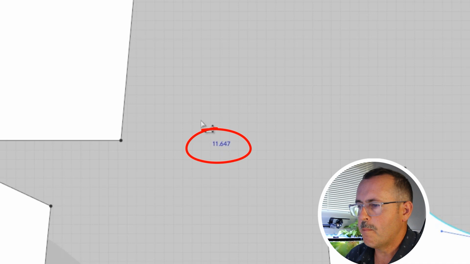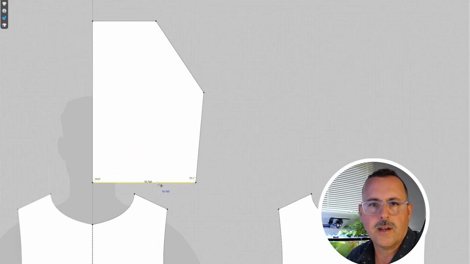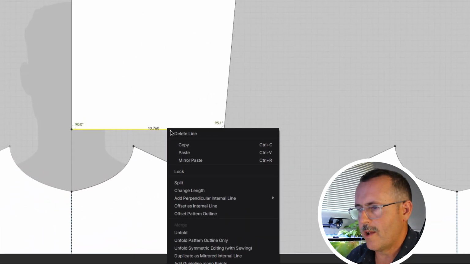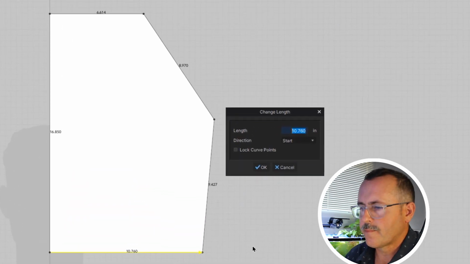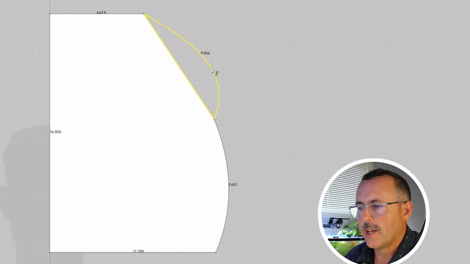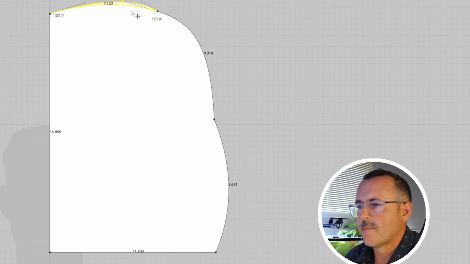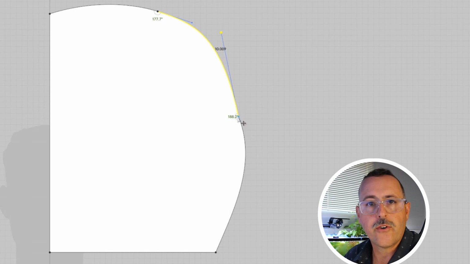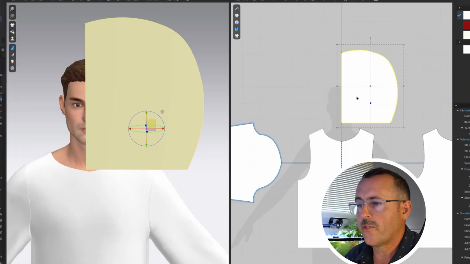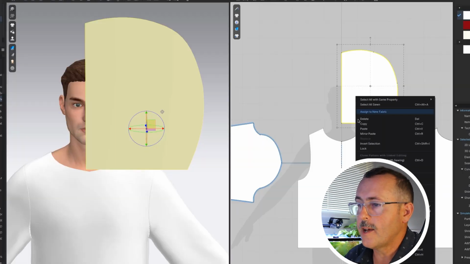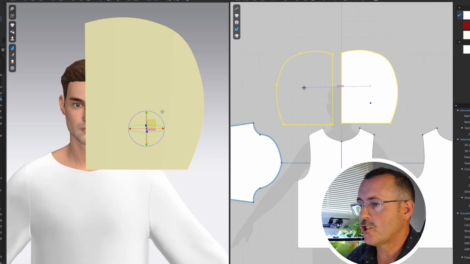Let's right-click on the bottom of the hood and make it about the same length, just round it up a tiny bit. Now use the curve tool on the back of the hood like this. Select the pattern and choose Symmetric Pattern with Sewing and move it over to the left. Segment sew the back sections, then